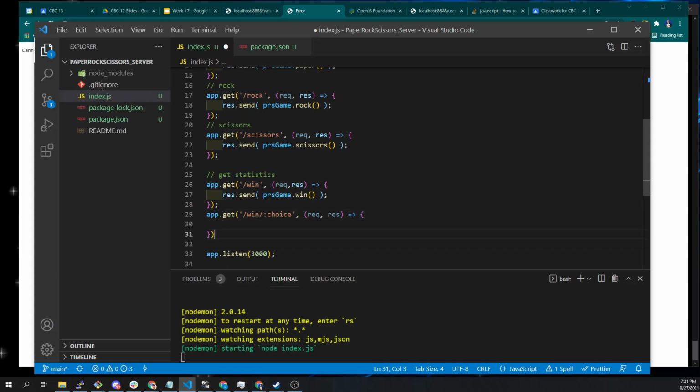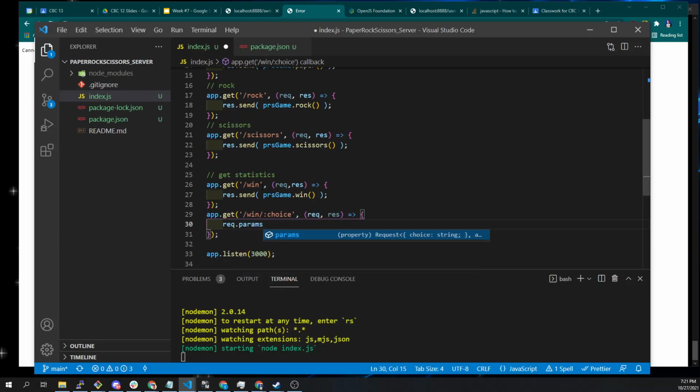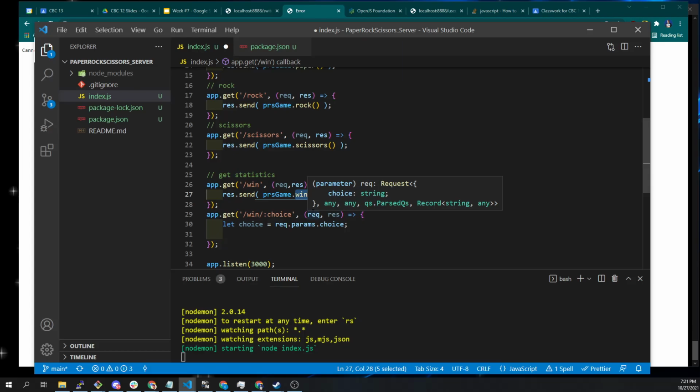Inside the rec object, rec is a params object, and that params has choice in it. Anything that we put in here with a colon, we can have any number of special variables in the URL path. Whatever we call it up here will be created as a variable inside rec.params. So I can say let choice equals, okay? And if you remember when we built this win function, it optionally will take paper, rock, or scissors and return the win percentage of that element, right? So I can say